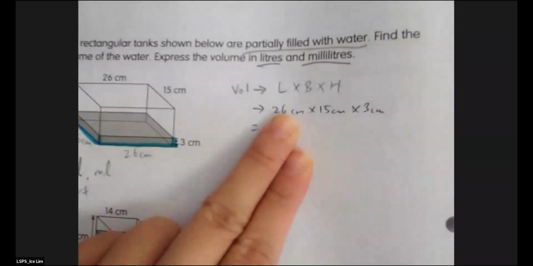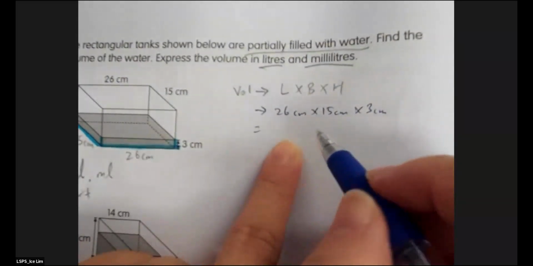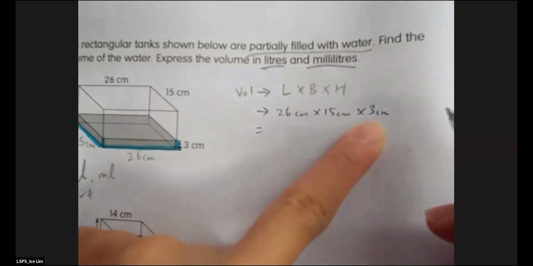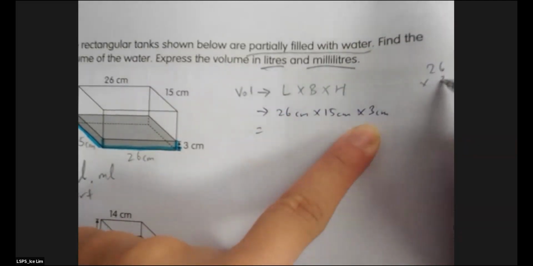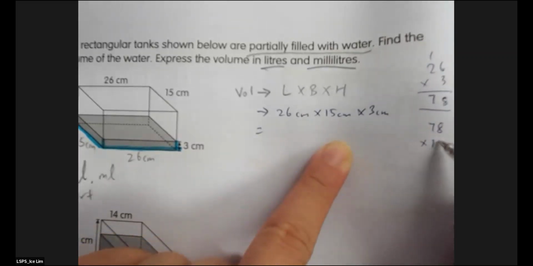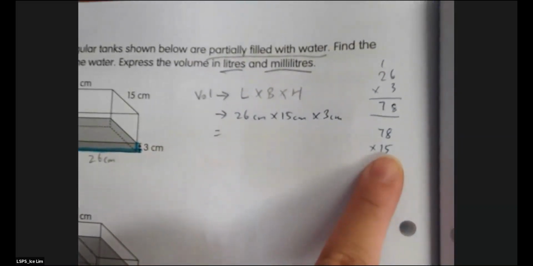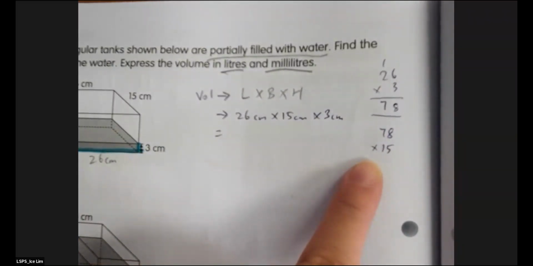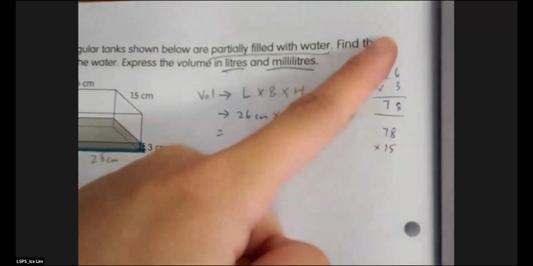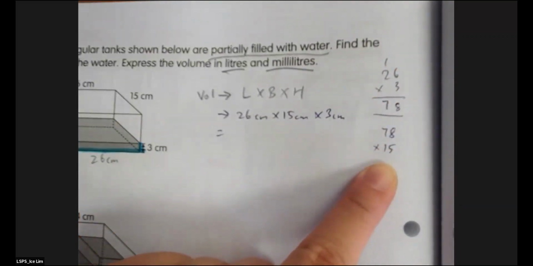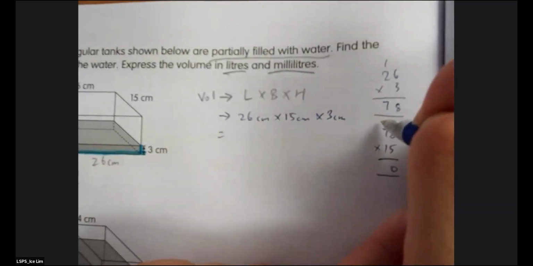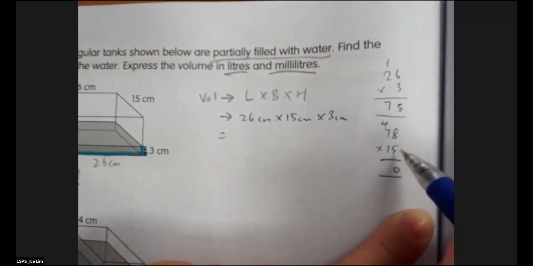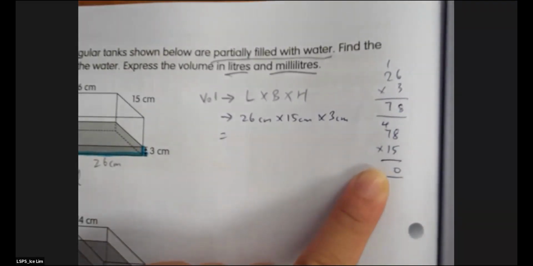So for this question, I will do maybe 26 times 3 first because that's the bigger number. So 26 times 3 gives me 78. From 78 multiply by 15. A reminder again, please do not combine your workings into one. It has to be separate. If you combine your workings, like you continue to write 17 times 15, that is minus half a mark for wrong use of equal sign. Okay, 8 times 5, 40, 3 times 7 times 5, 35.